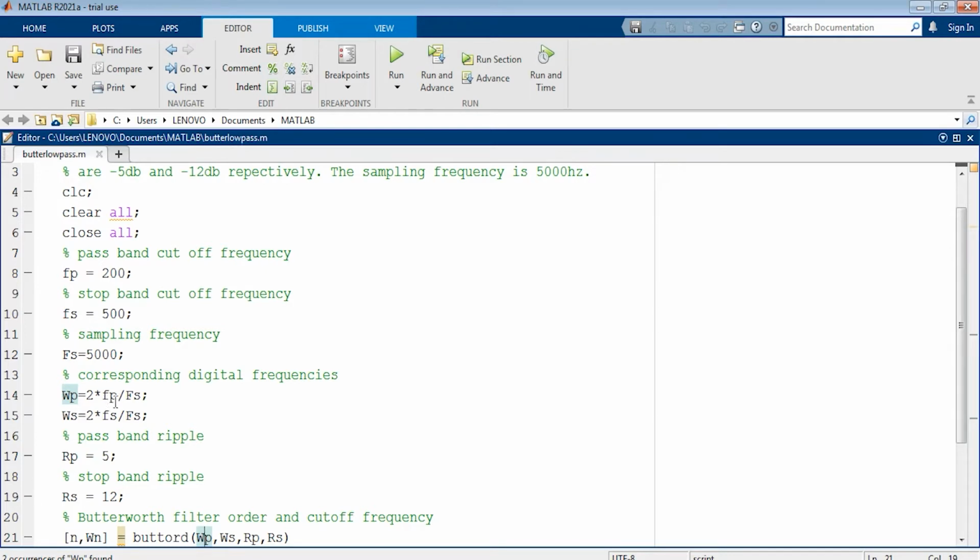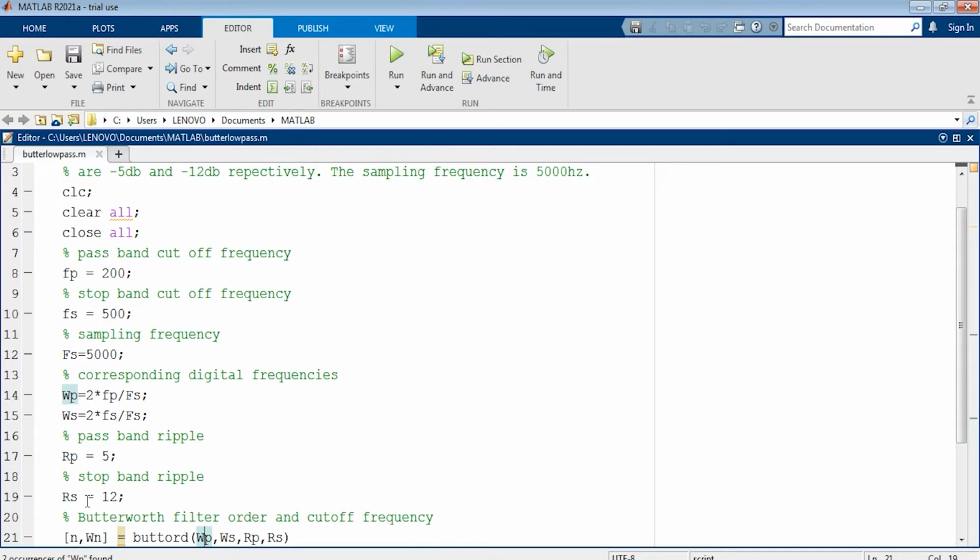Just write down 2 into fp by Fs. And the corresponding digital stopband frequency ws equals 2 into the stopband edge frequency fs by Fs. After that, they have given the passband ripple, that I am saving in the variable rp, so rp equals 5, and the stopband ripple, that I am saving in the variable rs equals 12.